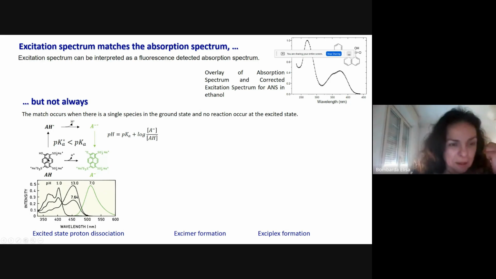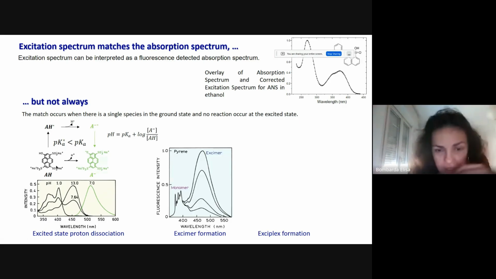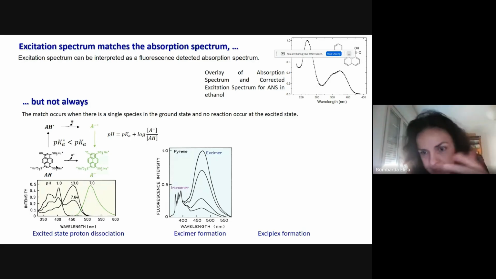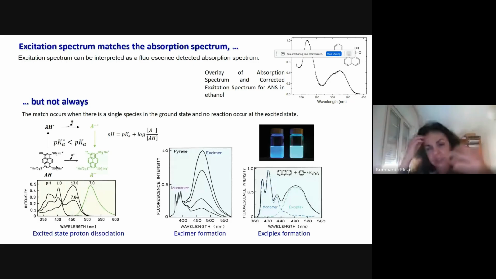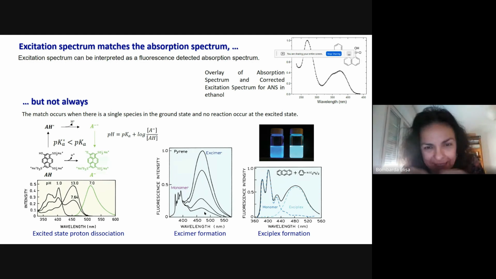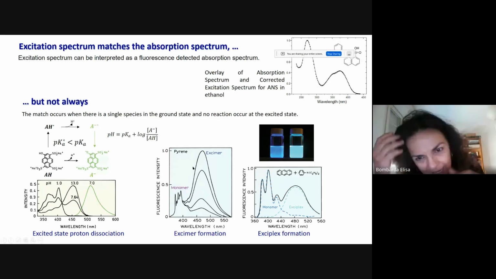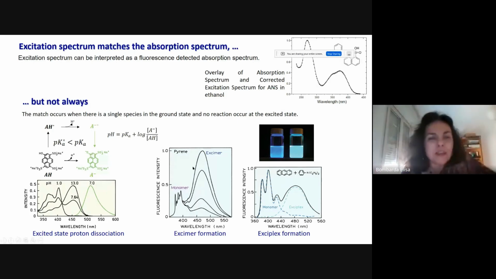Instead, I excite the protonated one. So that is an example. And then there can be excimer formation in the excited state, and exciplexes, which is actually a similar story. So an excimer is just forming a dimer in the excited state. So again, something that happens in the excited state, and so then I will get the fluorescence from a different